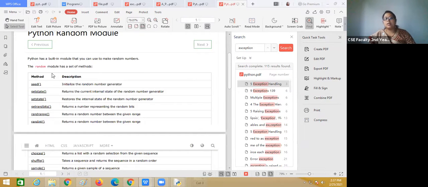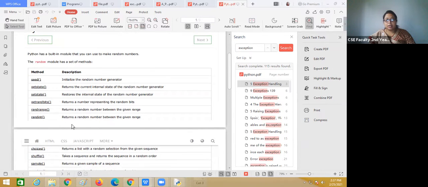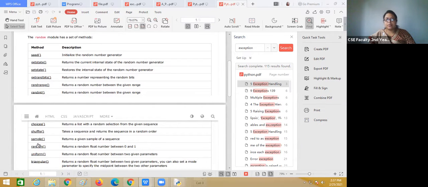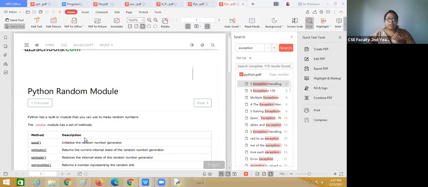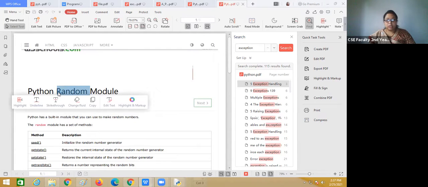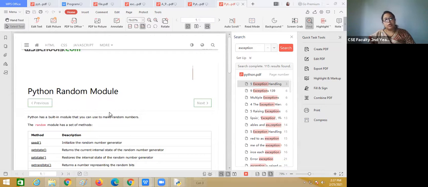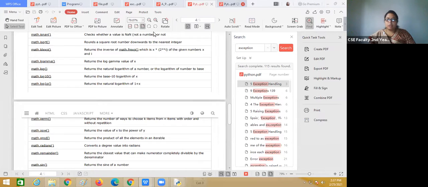What are the methods here? seed, which initializes the random number generator, getstate, getrandbits, randrange, randint, choice, shuffle, sample, random, uniform. So many functions are there. You can use these functions only by importing the random module first at the top of your code. Then you can use these methods. So you have to go through the random and math modules.